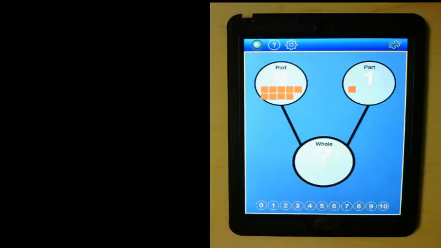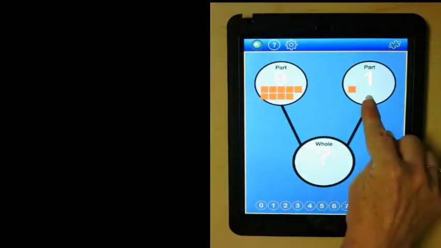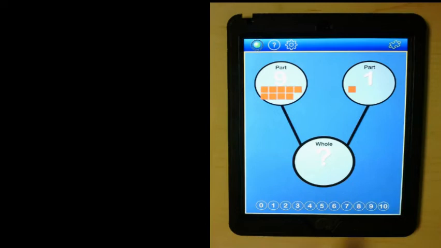I know it might be a little hard to see with my document camera, but each of the parts show the numeral and the number represented by objects. In this example, I have 9 items in one part, 1 item in another part, and I'm trying to find